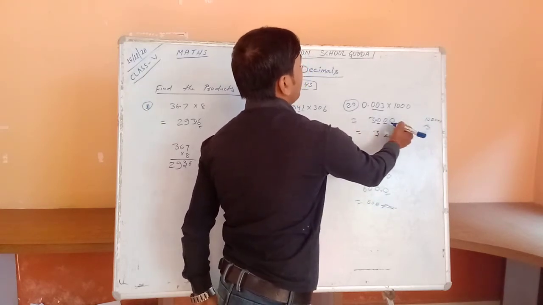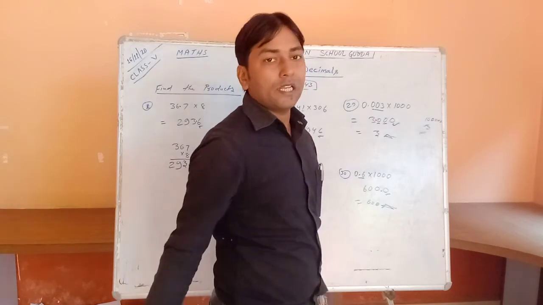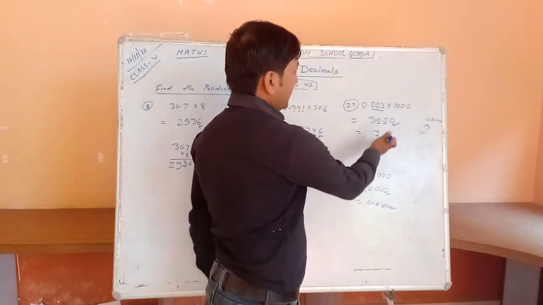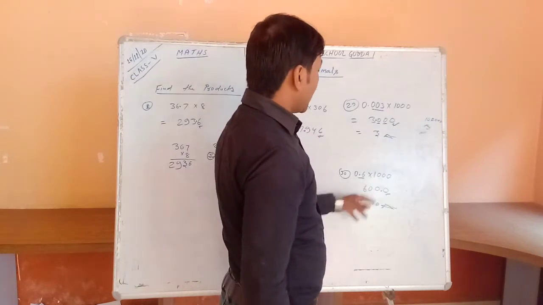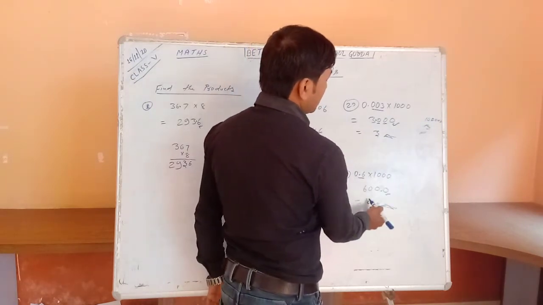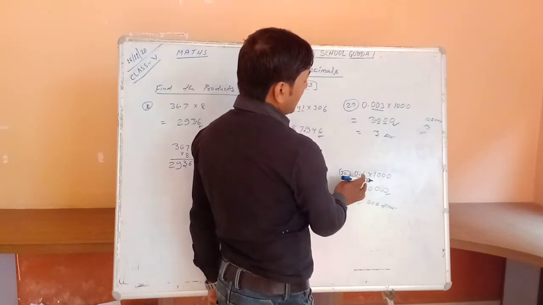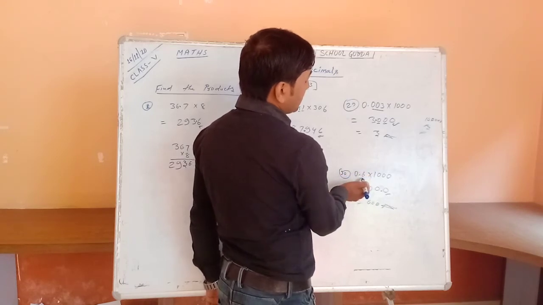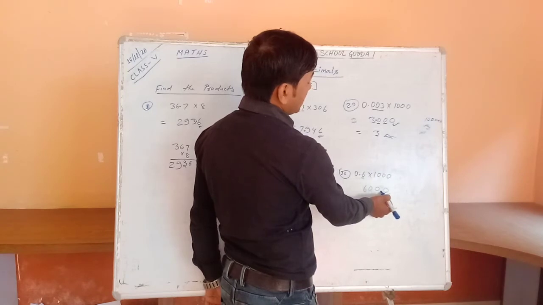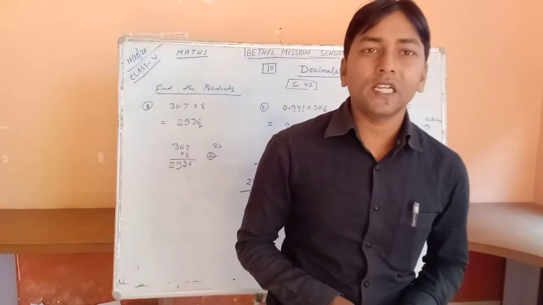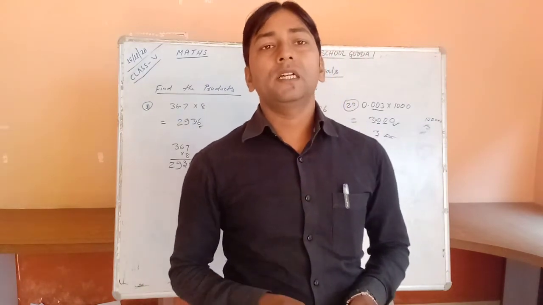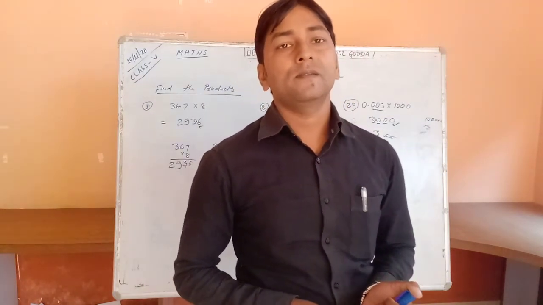Ones digit, ones, tens, hundred. Okay, after 100,000. And this became 3 after decimal 0 no value. So 3, and here also 6 into 1000, 6000, and put the decimal after 1 decimal place is given. So after 1 digit decimal 600. Okay, I hope you got it. Now I solve the next question.